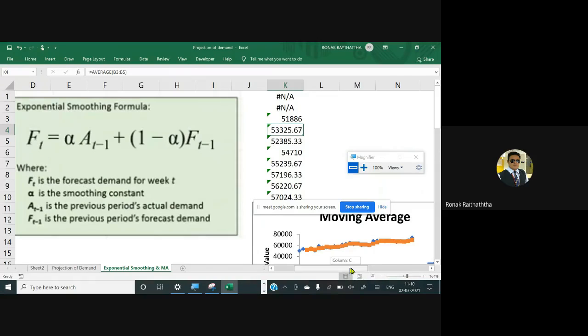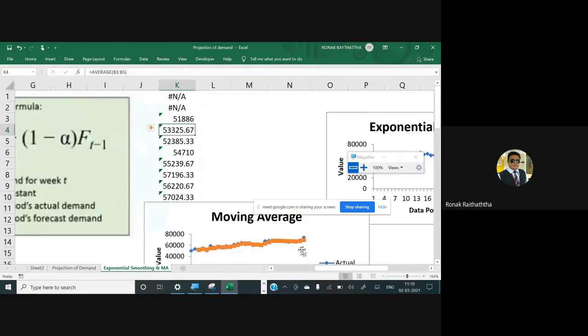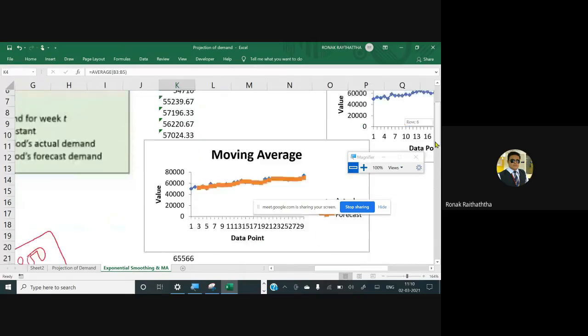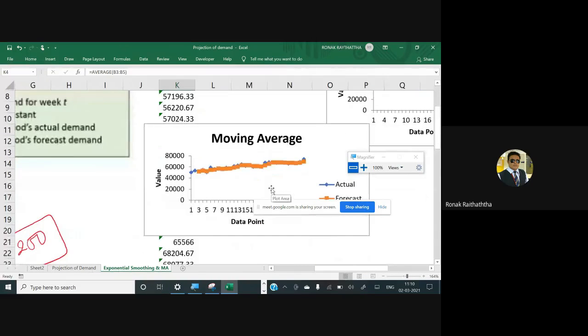Now if you check this moving average plot, this is not looking good. I need to actually reduce a few scales, because then it will look better. So actually every entry is above 50,000 only. So we may take the minimum amount as 45, so that we'll be able to analyze the chart better, because it's not looking good right now.